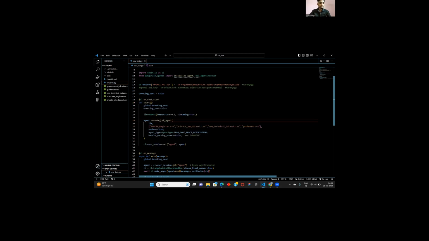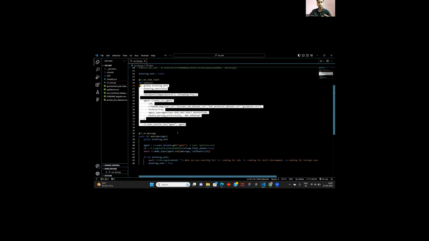Here we are defining our CSV agent with the necessary parameters, that is LLM, verbose, agent type, and error handling parameters. Here you can clearly observe that I have imported all our data sets into a list in the CSV data format. Once we complete defining the data and our chat model, next we need to run the chatbot